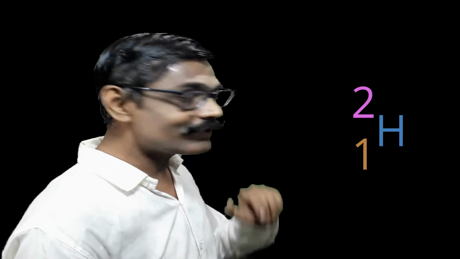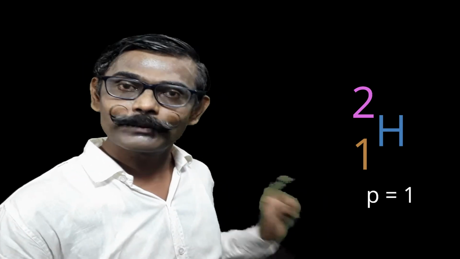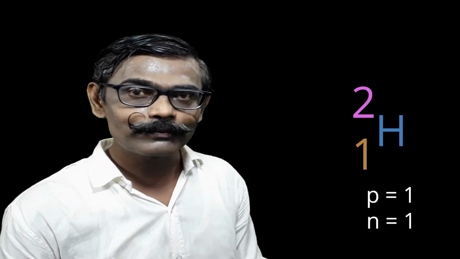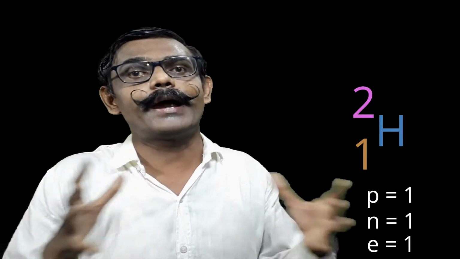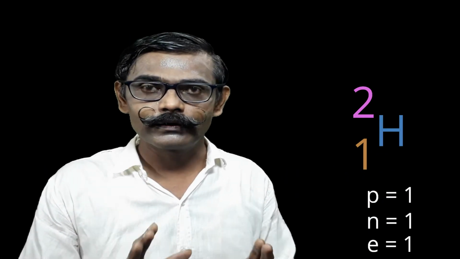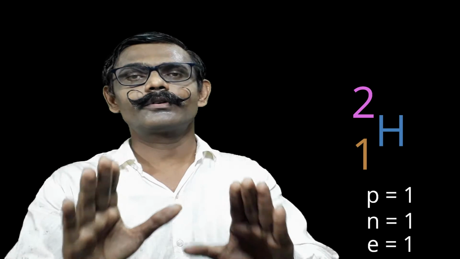So what is Z? What is atomic number? Atomic number is the number of electrons or protons. Yes, I discussed already, it is the number of protons. So 1H2 indicates what? There is 1 proton. How can we find the number of neutrons? Mass number minus number of protons. So how many electrons will be there in 1H1? 1 electron, because the number of electrons in the neutral state of an atom will be equal to the number of protons.